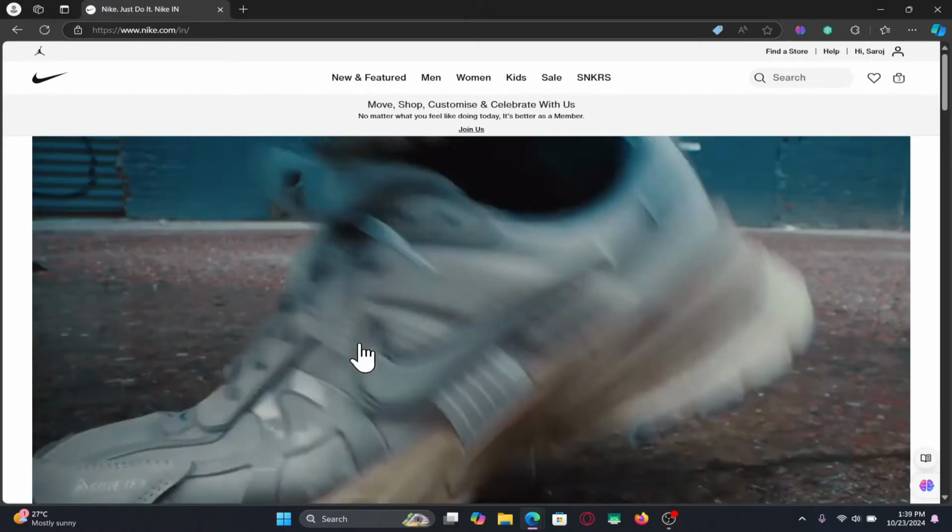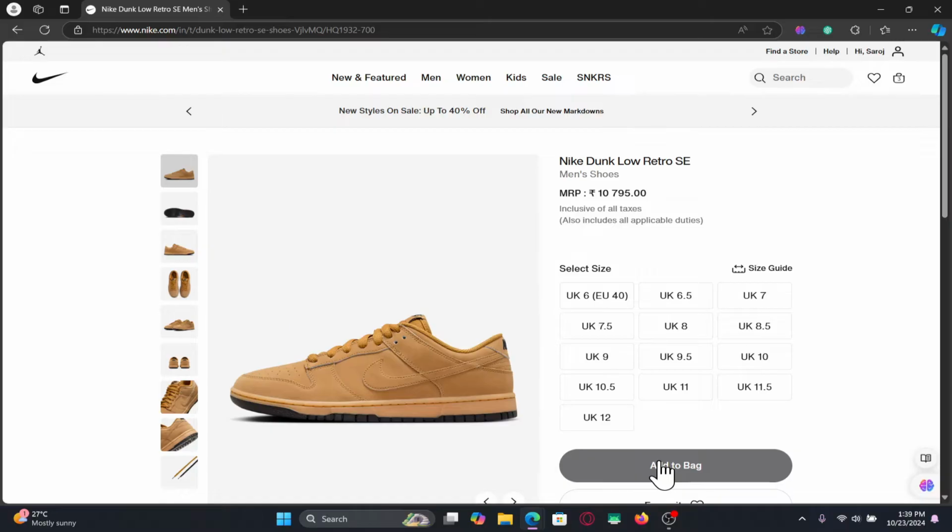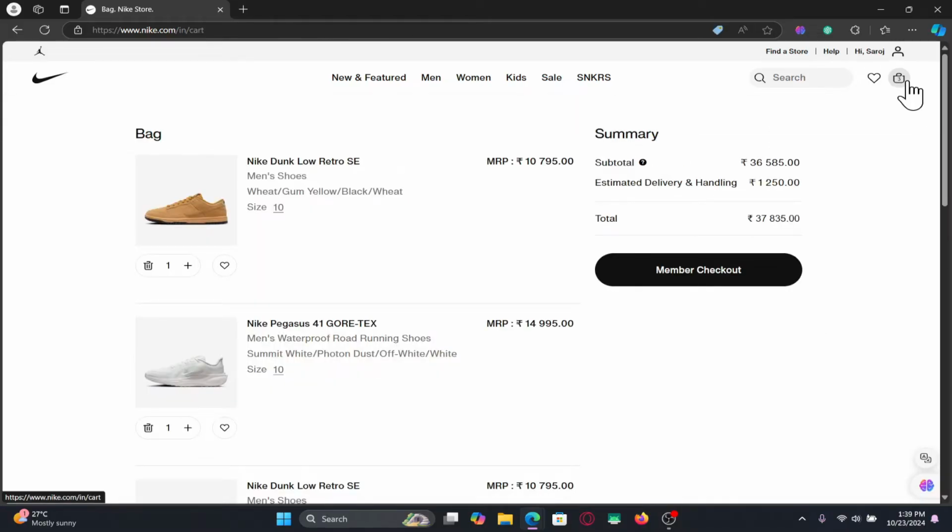After logging in, you can browse through the various different products that you wish to buy, and you may add them to your bag by clicking on the respective button. Now once you are done with adding your desired products to your bag, you can go into the checkout menu, and when you tap on the checkout button, you will be asked to fill up your payment information